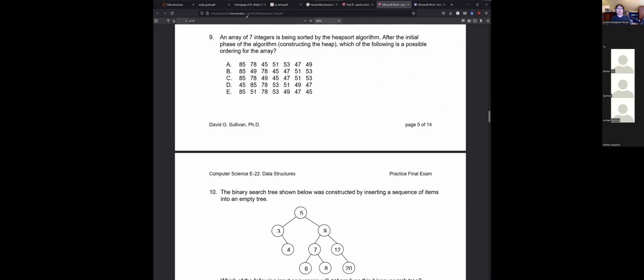So an array of 7 integers is being sorted by the heap sort algorithm. After the initial phase of the algorithm, which is constructing a heap, which of the following is a possible ordering for the array? So these all have the same 7 numbers. And the idea here for heap sort is that we turn everything into a